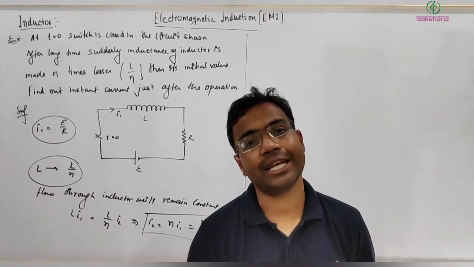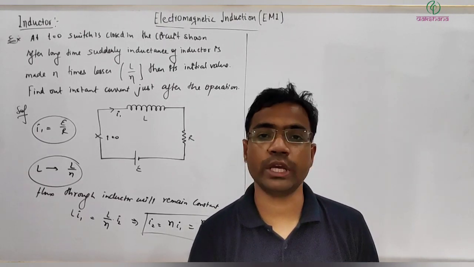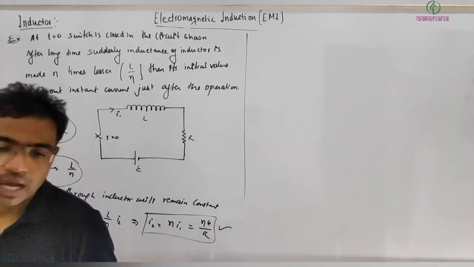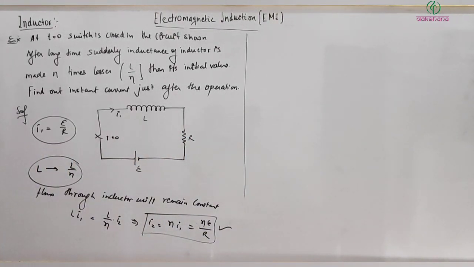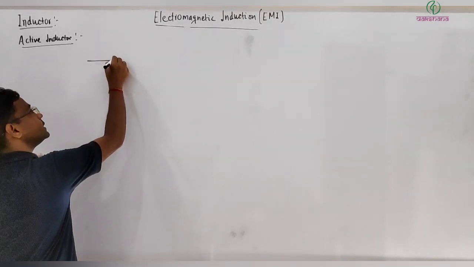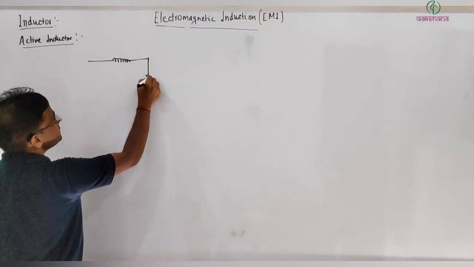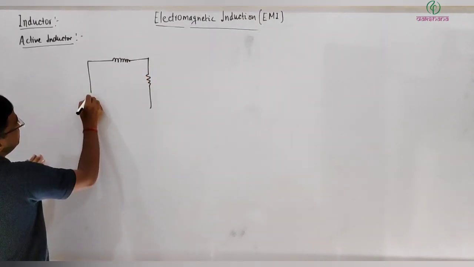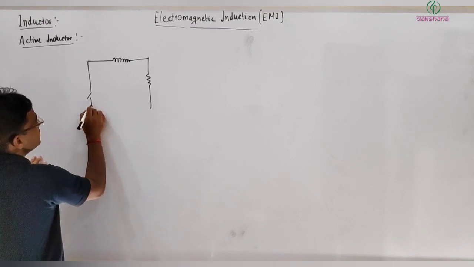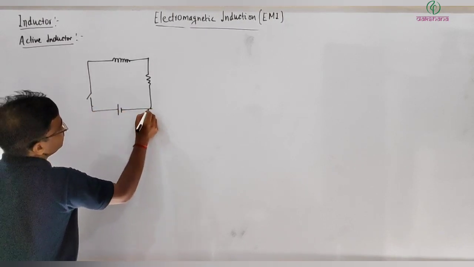We will calculate that, and in this situation the current through the inductor will decrease, and let's see how its variation happens. Okay, see, so here we have one inductor and resistor connected this way and a switch like this,